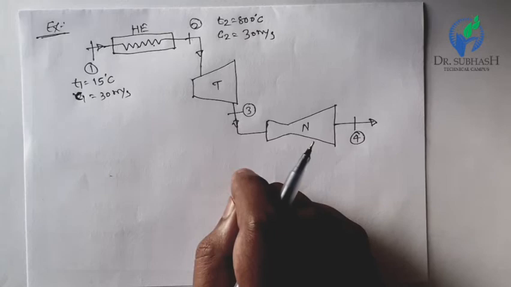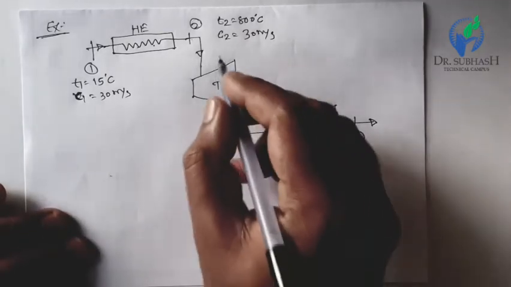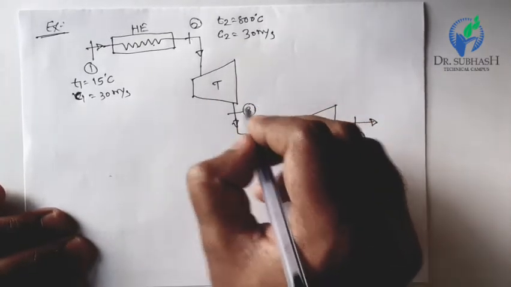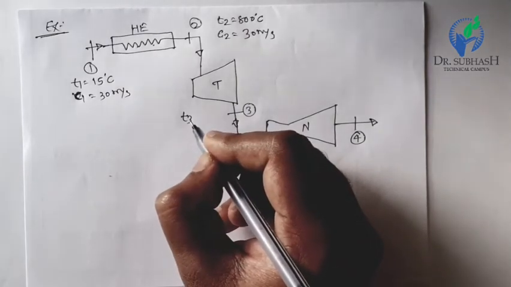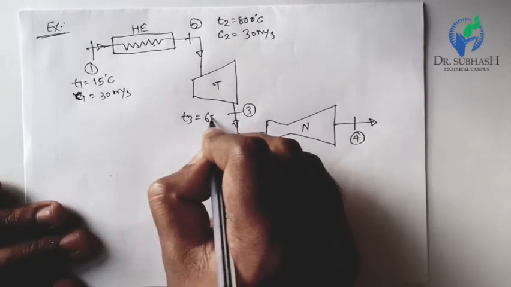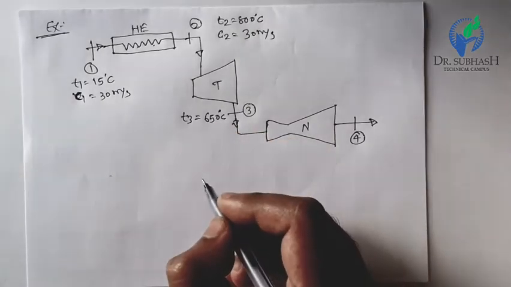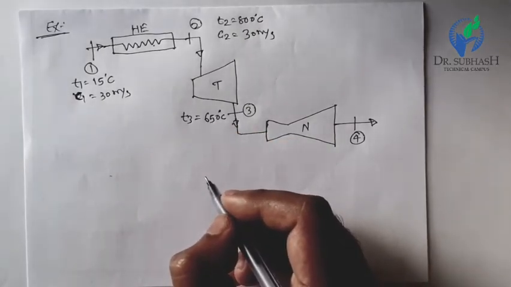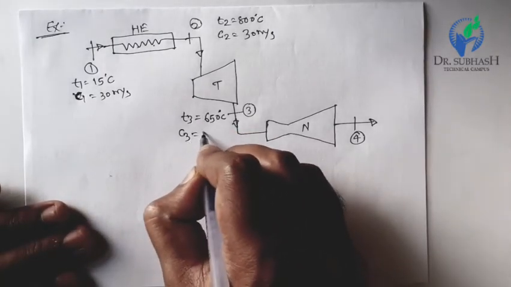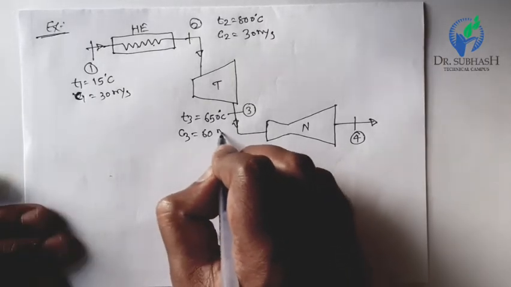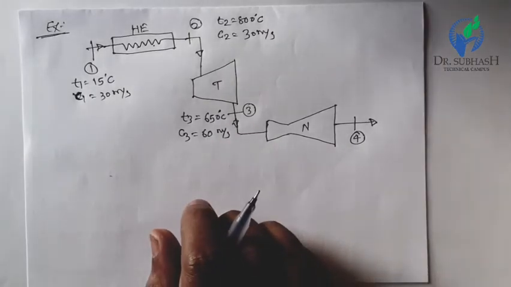On leaving the turbine, the air is taken at a velocity of 60 meter per second, so C3 is equal to 60 meter per second, to a nozzle where it expands until the temperature has fallen to 500 degrees Celsius. So at the end the temperature has fallen to 500 degree Celsius. The airflow rate for the whole system is given, so this is the common data I will write here separately. It is 2 kg per second. So this is the mass flow rate given here.